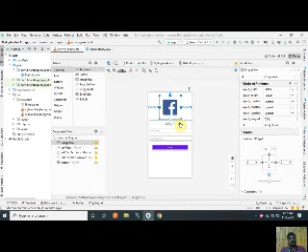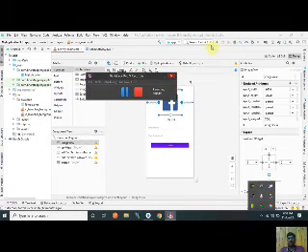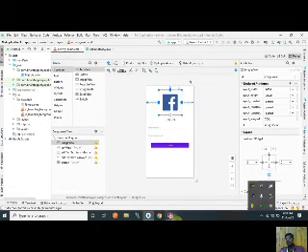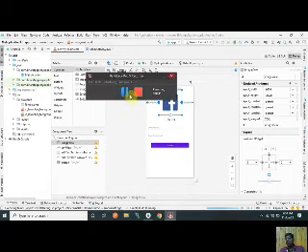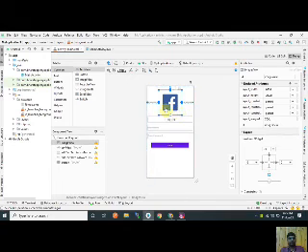Okay, now we again press the play button, and after the play button the project is run on my mobile. So play button, now the project is being built, and after that the icon is shown here. Now I press the play button and the Gradle build is running. It takes about 1 minute.